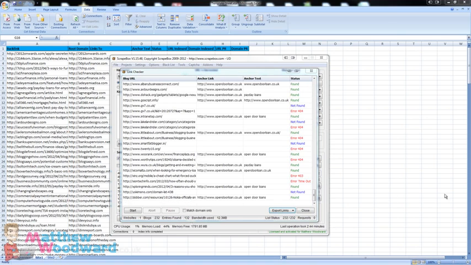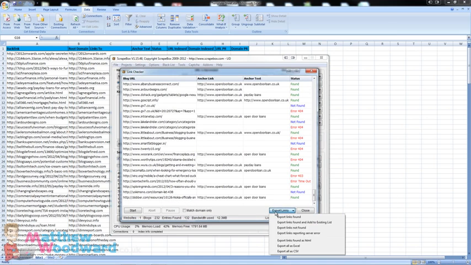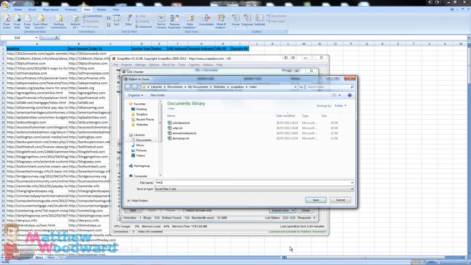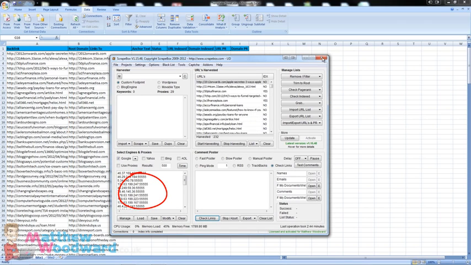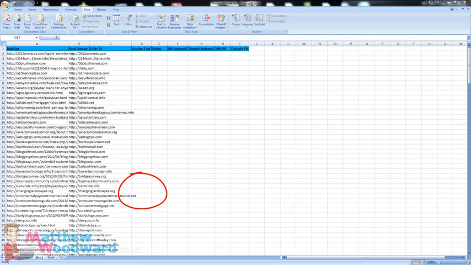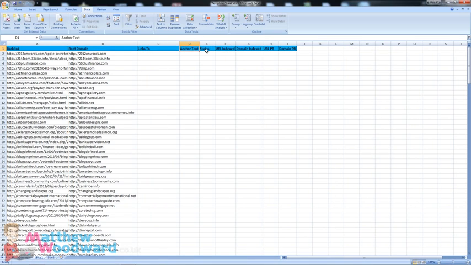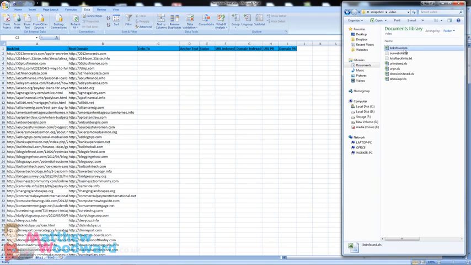Okay, now that's completed, export links, export all as Excel, and I'm just going to call that links found and hit save. So now we have all the data that we need, and we just need to get it into Excel, which is actually pretty straightforward to do. Okay, the first thing that we're going to do is populate the links to, anchor text and status column. To do that, we need to open up our spreadsheet called links found,